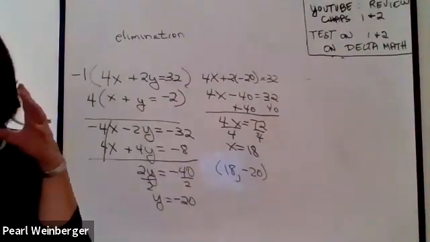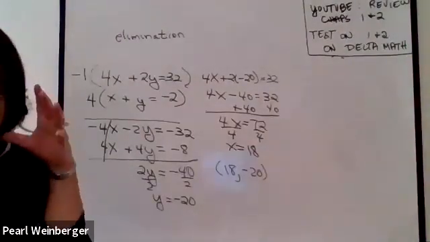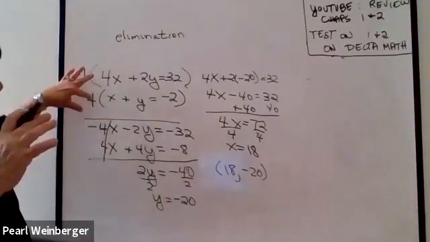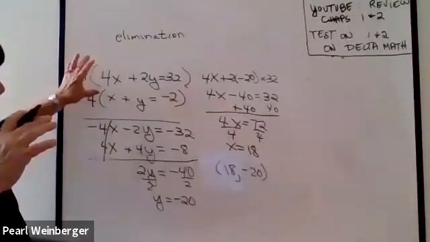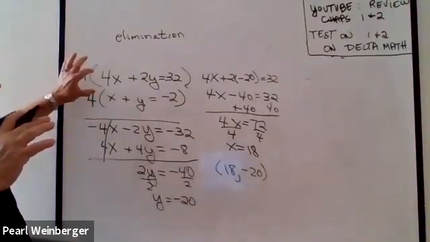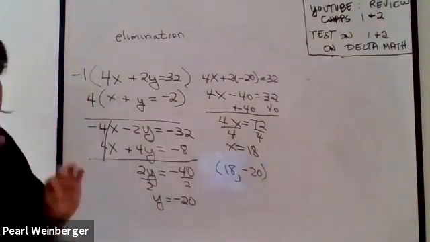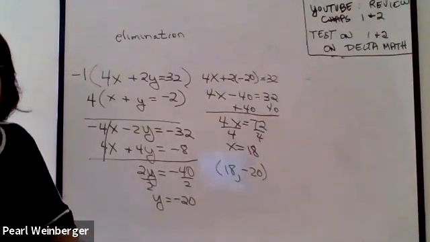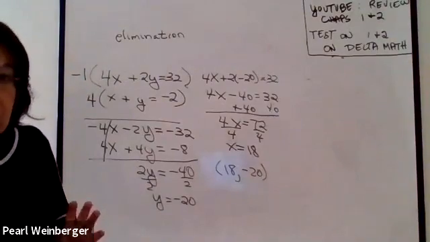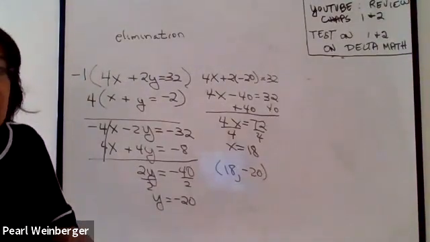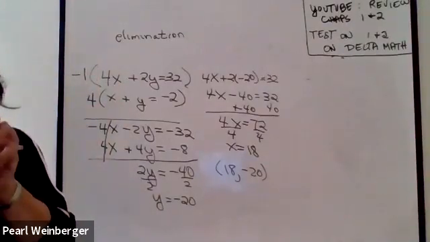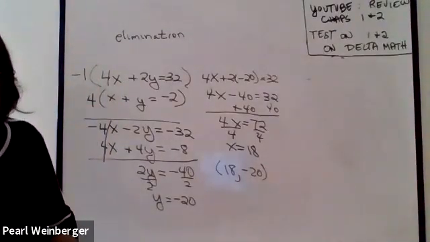Again, keep in mind, focus on what you want to do. Whatever variable you decide to get rid of, you want to make sure the coefficients will be the same number, but the opposite sign. Whatever you can do to accomplish that, that's what you have to do first, so that when you add them together, the two equations will be